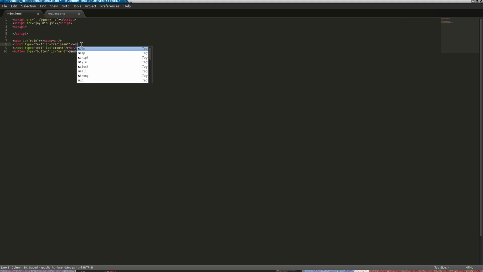And why don't I put another span here to tell me conversion, just in case I want to know how much it is converted, so then I can get a general concept of how much it is. So that's my UI, isn't it great? It's going to look a little sloppy because I'm not using Bootstrap for this, because that would take way too long. So let's start my script, document.ready,